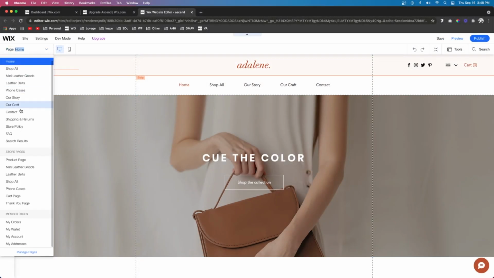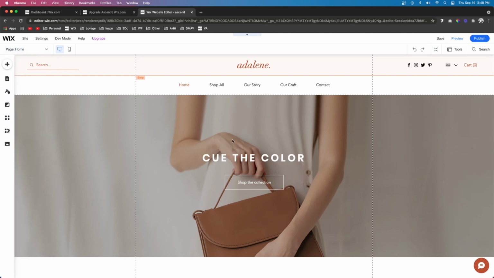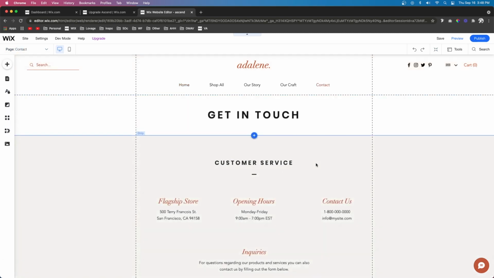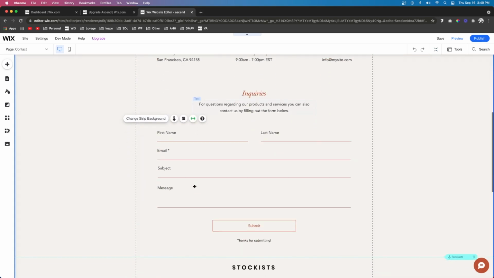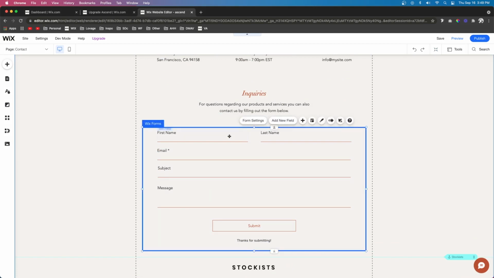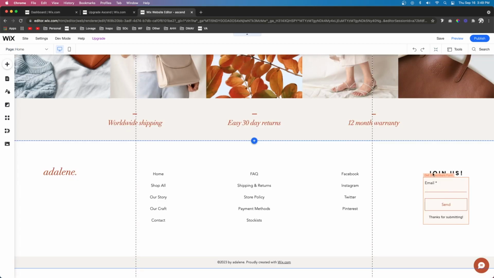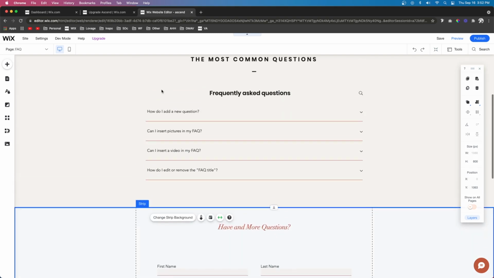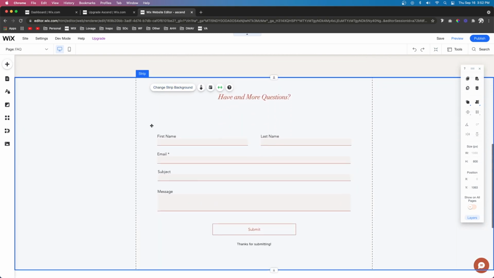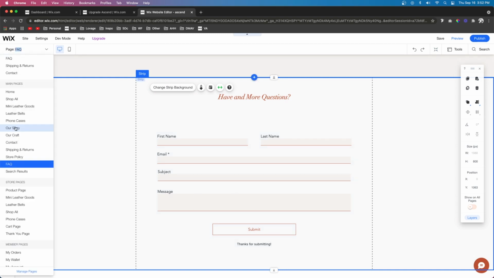The first thing I want to talk about is forms. So if we come over to the contact page and we scroll down to the form, the first thing that a paid Ascend plan gets you is more forms. So let's say you have a form on the contact page, you have a subscription form in your footer, you want to add a form on your returns page so users can request a return, and maybe you wanted a form on your frequently asked questions page so users can just fill out a form here,